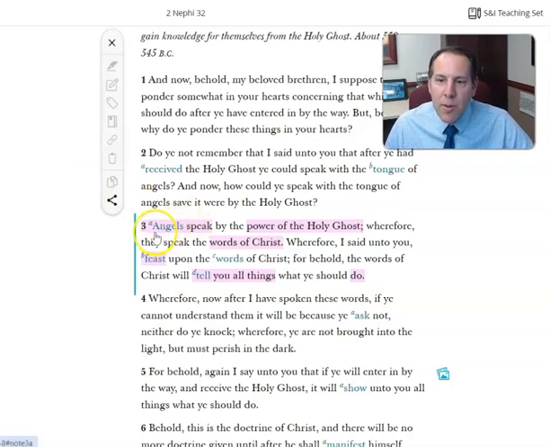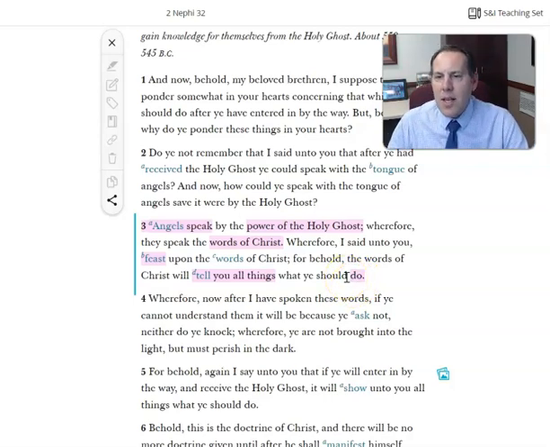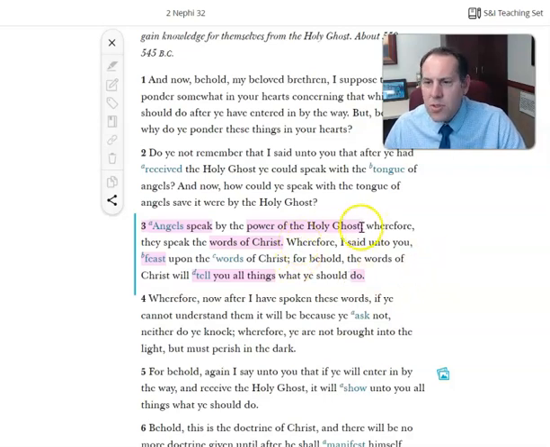So here's a sample. Angels, power of the Holy Ghost. What does that mean? Words of Christ. Feasting seems to be an important idea in this. The words of Christ are going to tell you things, and the do is the action. So write that on the board, and then you'd say, okay, who are angels? And you're just doing it quick. It doesn't need to be perfect this first time.